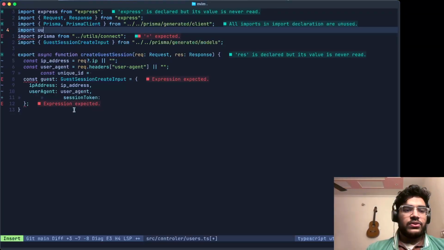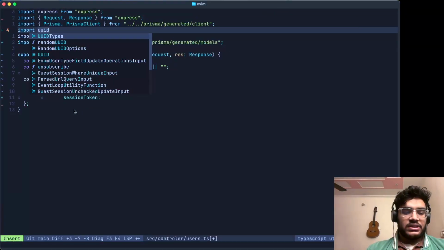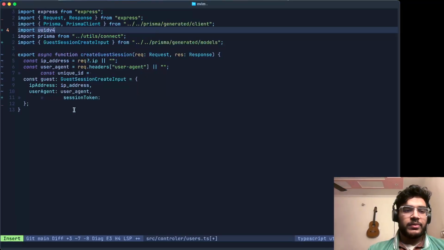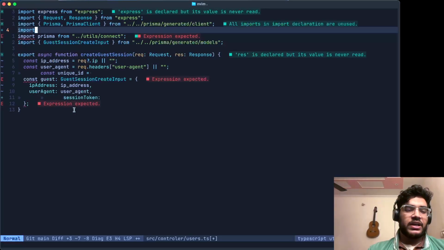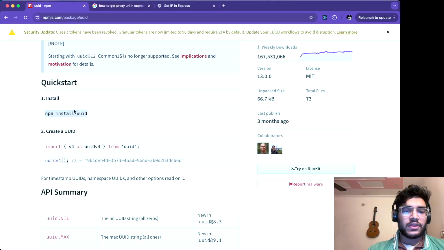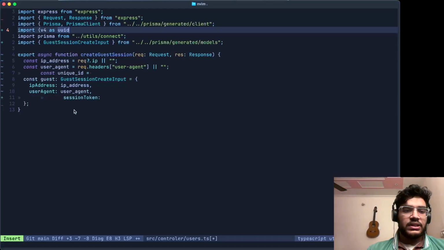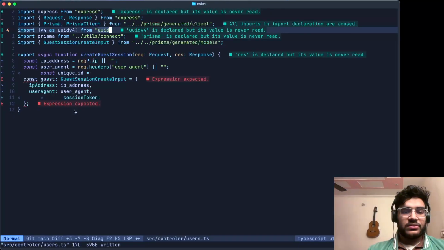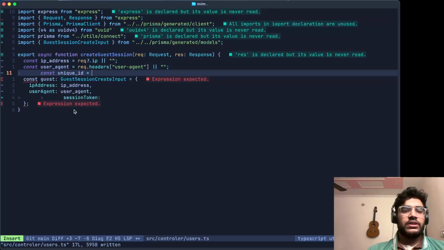UUID, sorry. UUID v4. V4 is not showing up in my IDE, which is bad. And we are going to write v4 as UUID, UUID v4 from... I think this is going to show up. Yeah, I knew it. Okay, so everything looks fine, and we are going to create a